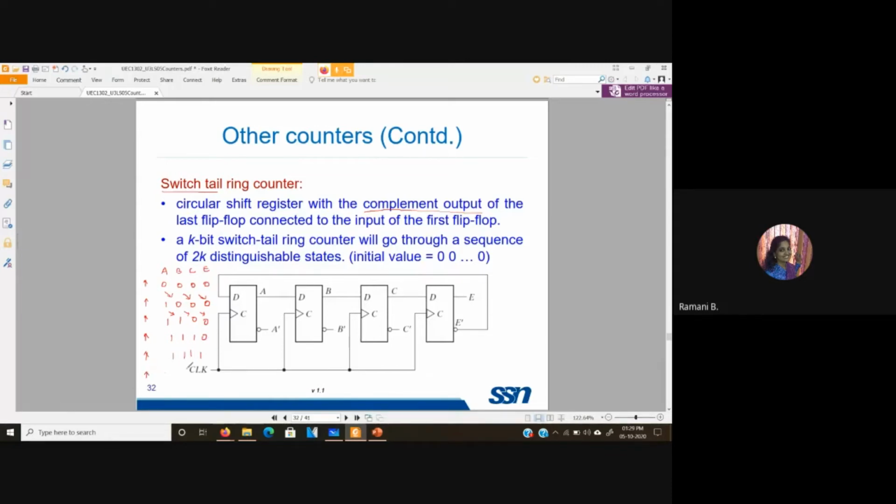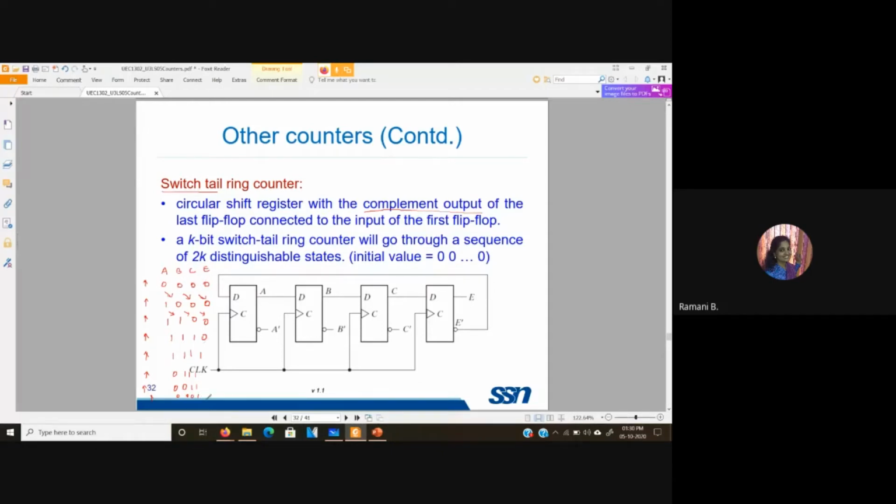Now here after this clock, what happens is, the last 3 will be 1. However, here E changed value to 1. So E bar will be 0. Next, we have 0, 1, 1. This is 1. So here you get a 0. After this, again, this will be 0, 0, 1. And here, this is a 1. So this will be 0. After this, as this is a 1, you will be actually coming to the initial state.